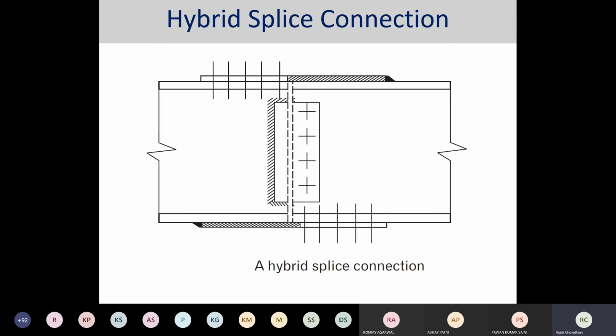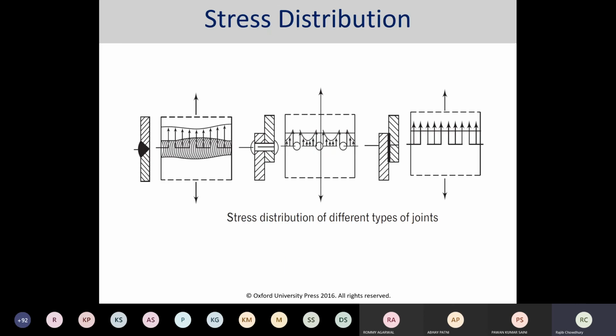Now, before going to the column splicing, this is something like a hybrid splice connection. Hybrid splice connection means both the bolts are available as well as, on one side, welding is also available. So this is called hybrid splicing. On the web, in one particular portion, it is welding. The same part, when it goes to the flange, is in the reverse direction to make the balancing between the different forces or development of the forces.